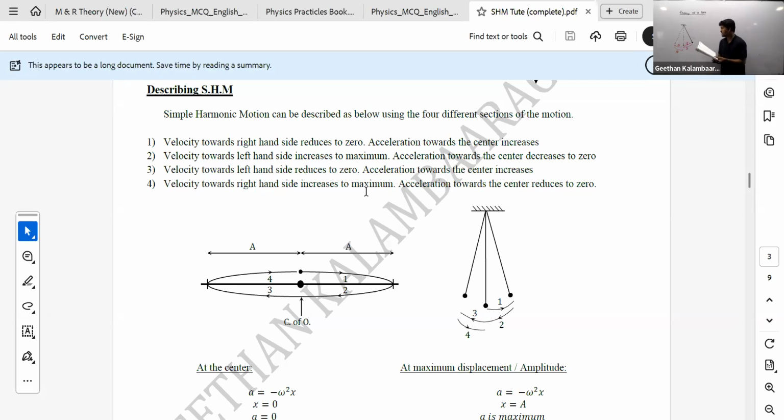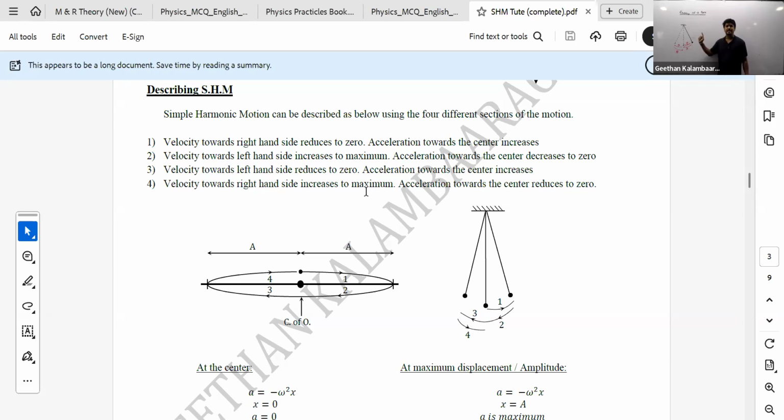It goes with reducing speed towards the other end and stops there and turns back. So when it goes from here to here the speed will reduce, acceleration